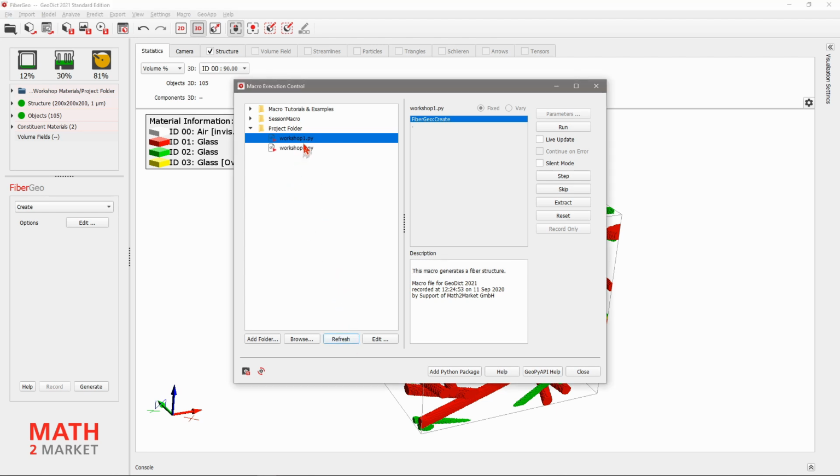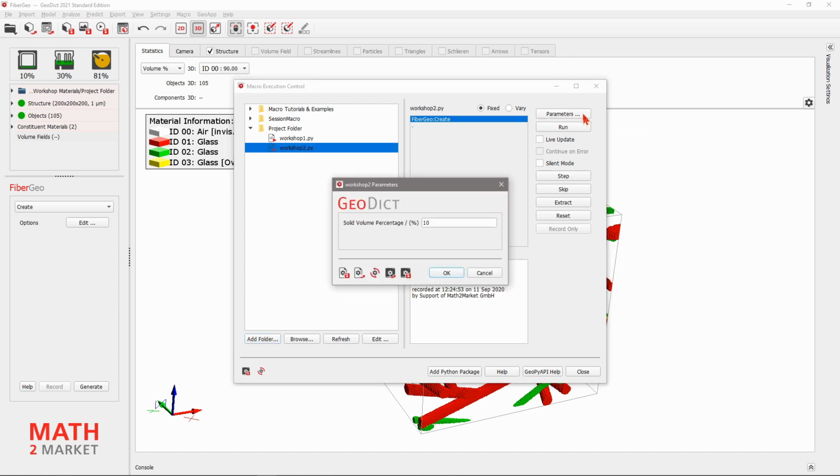So you can see while workshop 1 is highlighted, the parameters button is grayed out because it has no parameters. When you click workshop 2, then you see the parameters button becomes available. So click on it and change the solid walnut percentage, for example, to 25. Click OK